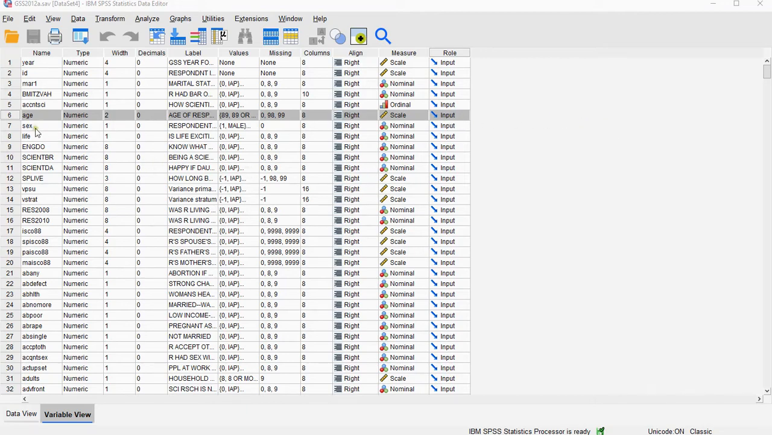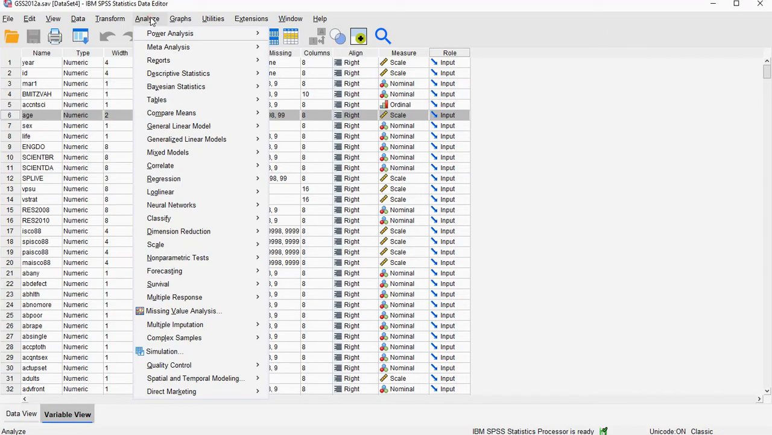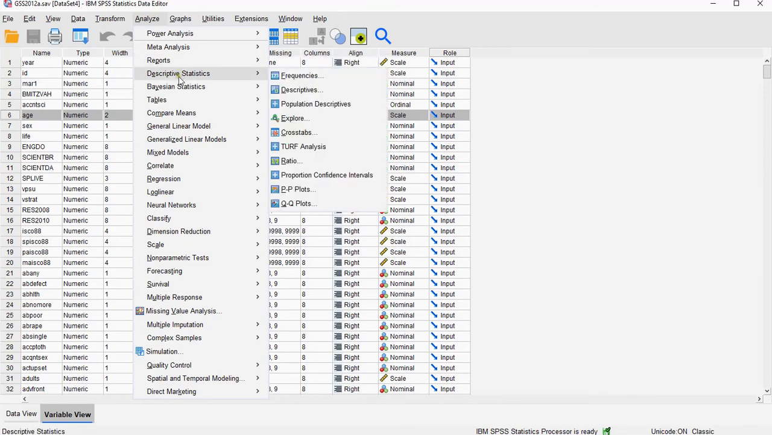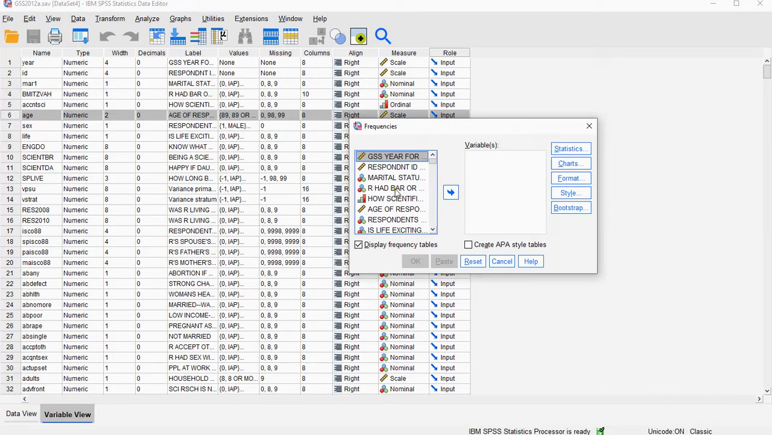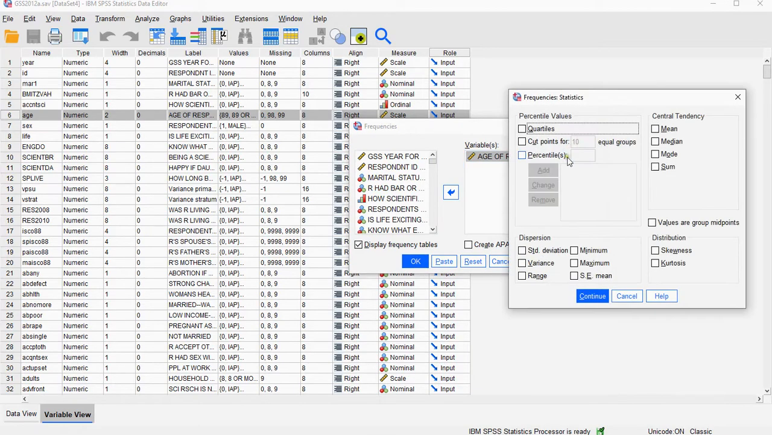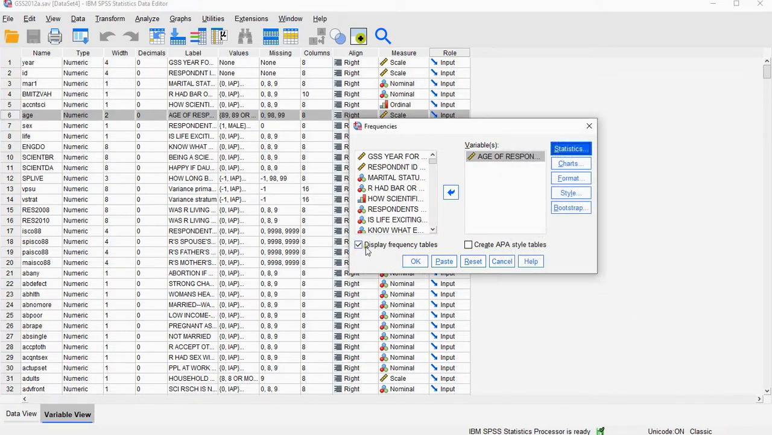It's an effect size measure for a single scale variable, so I'm going to be using age as my example here, and I will be needing two values only. Analyze, then descriptive statistics, and select frequencies. Then we select the variable of interest, the age. And under statistics we want to see the mean and the standard deviation. Click on continue. I don't actually need to see the frequency table, so I can unselect that one